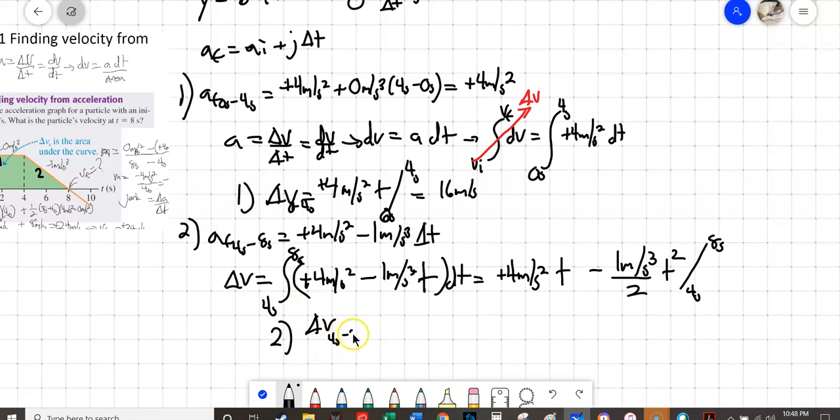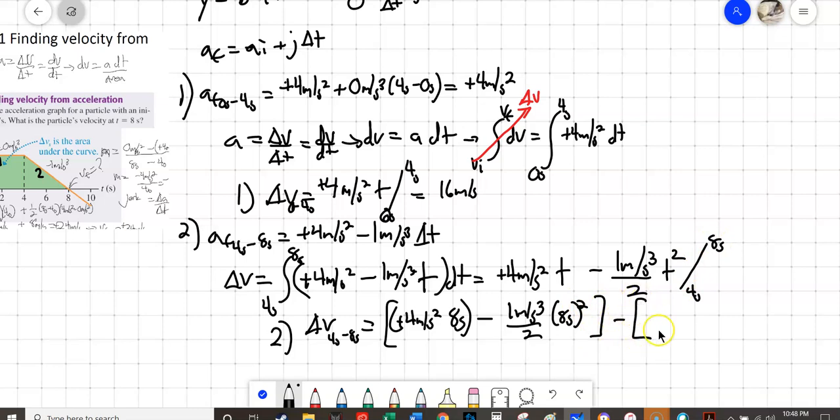For 4 seconds to 8 seconds, I'm going to do this. Positive 4 meters per second squared times 8 seconds, minus 1 meter per second cubed divided by 2, and that's going to be 8 seconds squared. And so I just applied the top part of the integral, and now I'm going to apply the bottom part of that integral, which is going to be positive 4 meters per second squared times 4 seconds